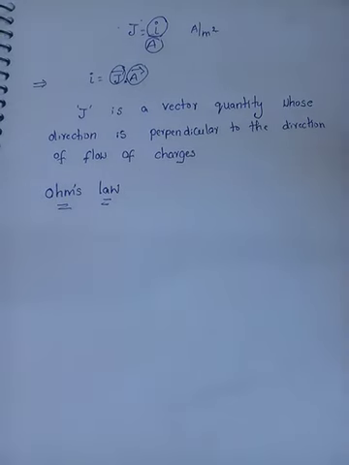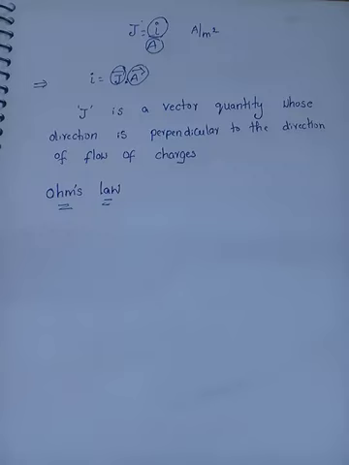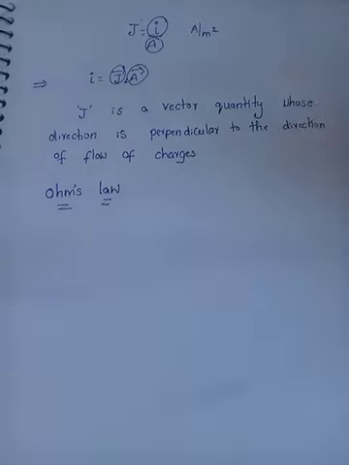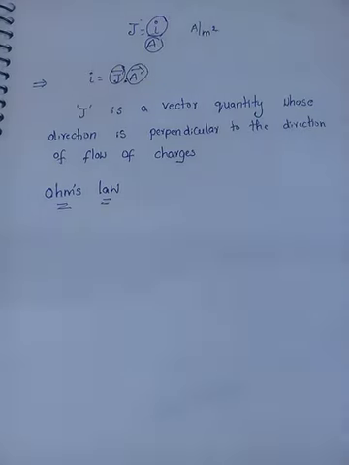We said that the flow of charges is called current. I can give an example: you are sitting in a class on the benches. The bench is made up of wood and metal. In metal we have a large number of conductors, and in conductors we know there are many free electrons. All the electrons are in motion, so the charges are moving, so it should produce current. But why are we not getting current? Because all are moving in different directions, in random motion.